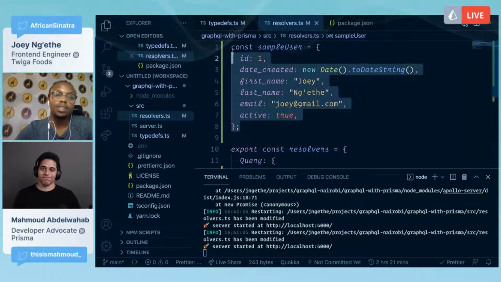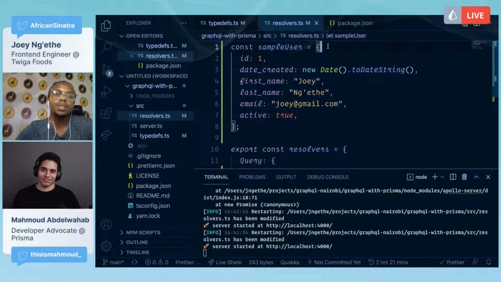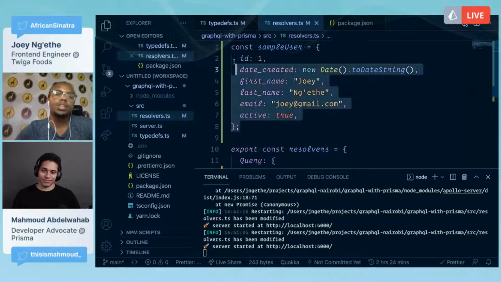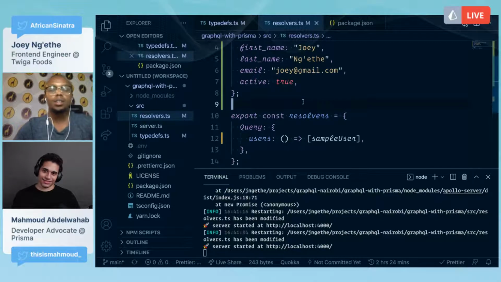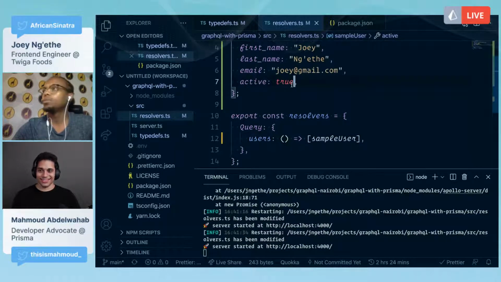Another thing is that GraphQL is data agnostic, database agnostic. At this point, we are not hitting the DB yet. We're just returning this data that is hard-coded, but GraphQL doesn't care where your data comes from as long as you return the type that you define. That's really neat as well. Some people are confused when they first hear about GraphQL. They think it's a database thing, but it's not. It's for APIs. So do not get confused with that. It's not a database technology. It is just for APIs.